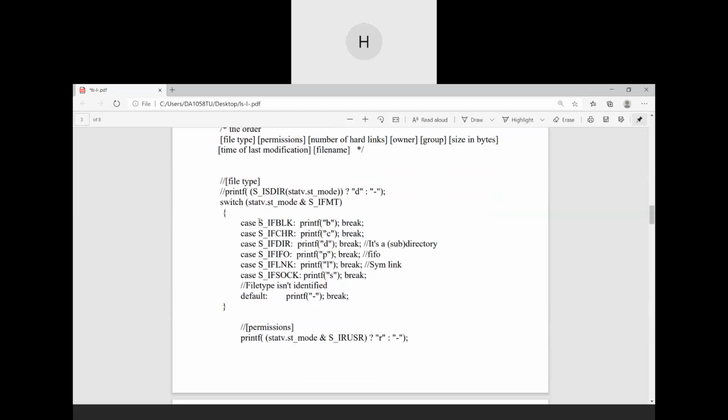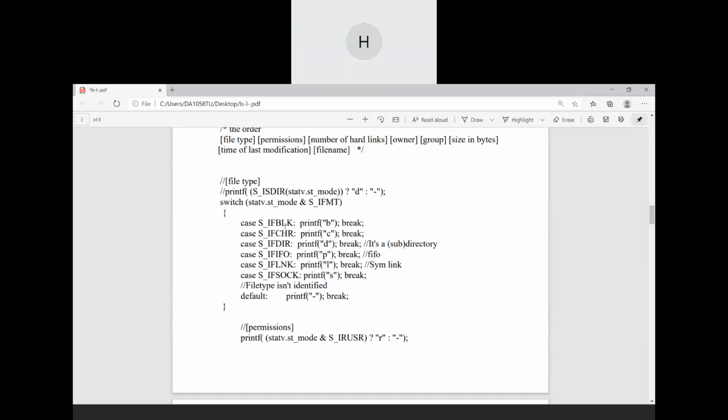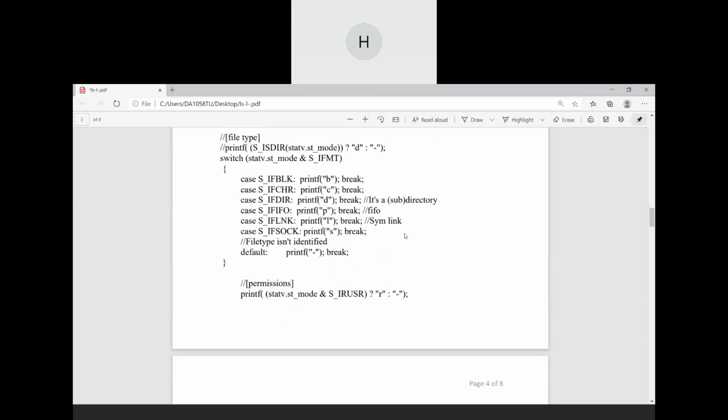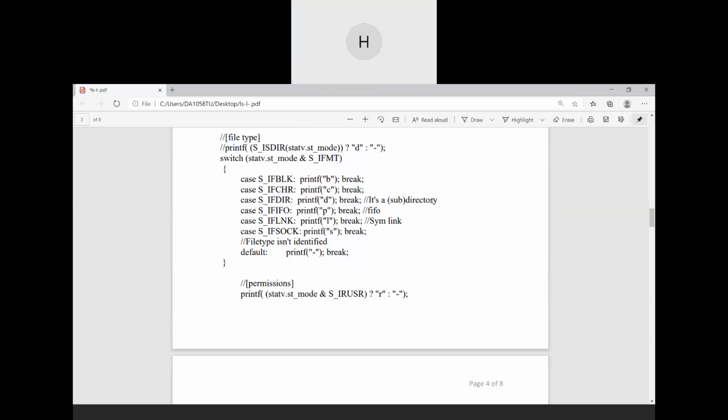Here it will do an AND operation, and the resultant bits will be compared, and the corresponding printf statement in the switch case will be performed. So these are different types of files. This D stands for directory, meaning subdirectories inside the directory being passed above.